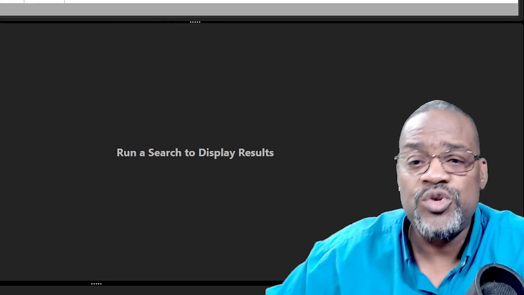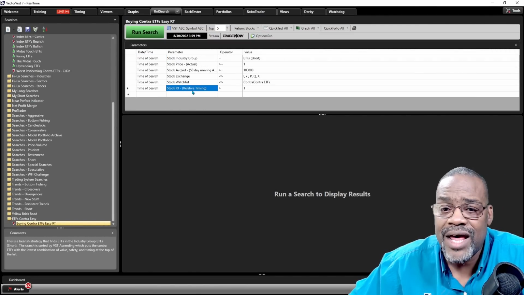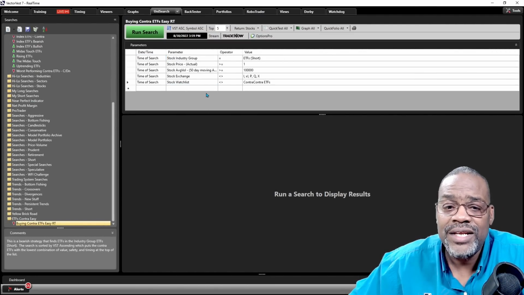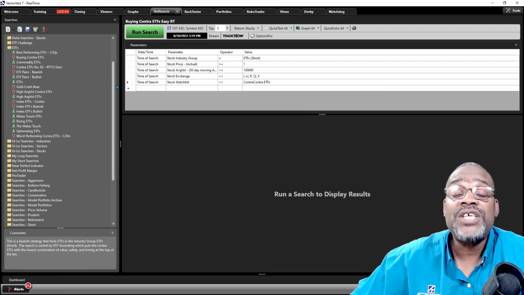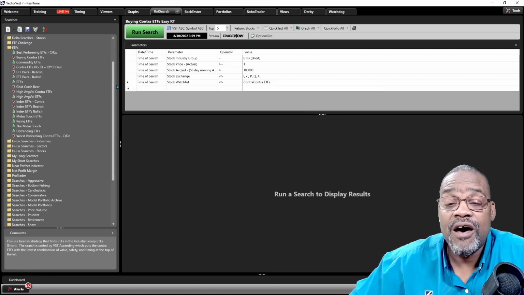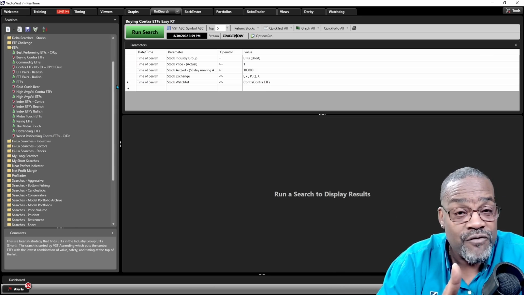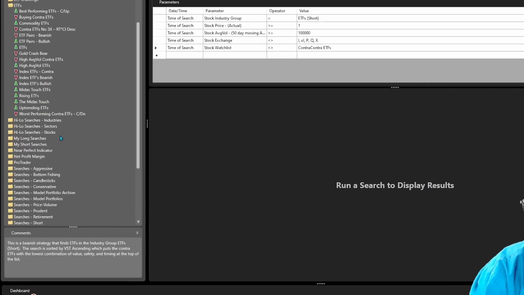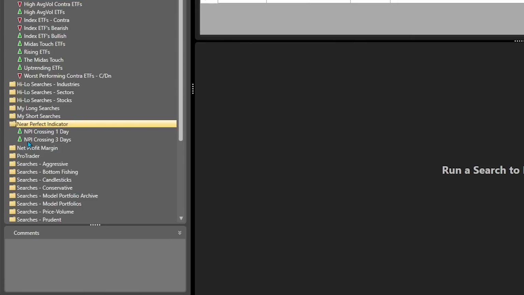But for those of you who are subscribers, let's go to use this same search. I'm going to delete that line by right-clicking and delete that line. Still going to stay with the original search, which is buying Contra ETFs. Let's go see if the near perfect indicator is going to work here. Oh, we have a search called the near perfect indicator, don't we? Let's go find it. Here it is in a group called Near Perfect Indicator, and we're going to click on